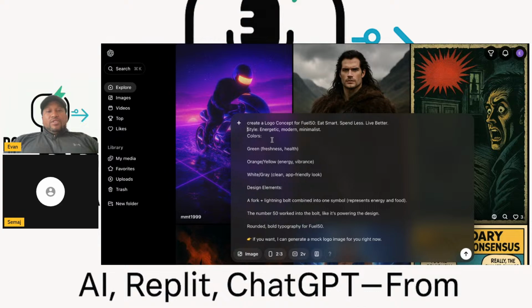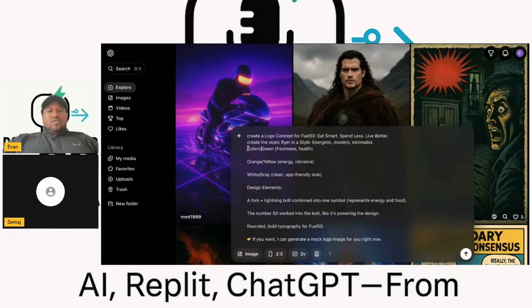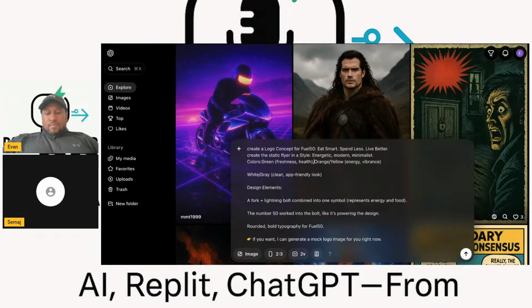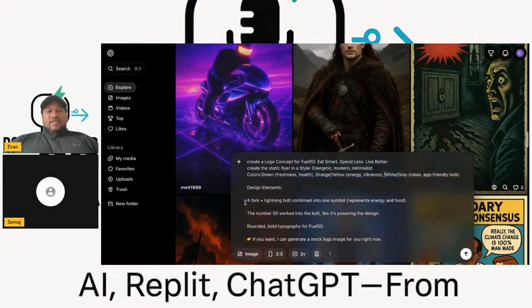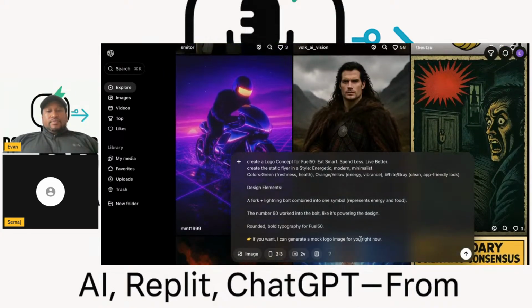Then I'll go down here where it says style. Now this is called a static. What we're trying to do is create a static flyer in a style that is energetic, modern, minimalist, with colors green, orange, white, gray, and it has design elements from ChatGPT.